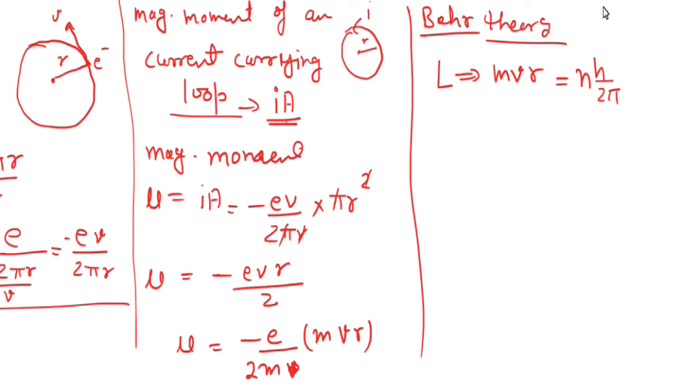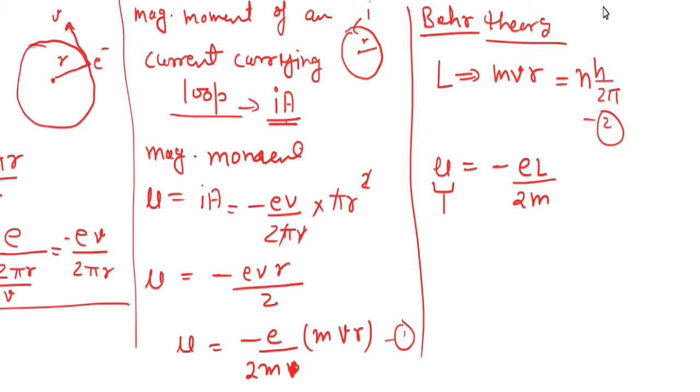Read Bohr's theory for hydrogen atom. So the orbital angular momentum L is given by mvr, and this is equal to nh upon 2 pi. If you see equation 1 and equation 2, this magnetic moment related to the electron is equal to minus e L upon 2m. Now this negative sign means that the magnetic moment mu is in opposite direction to the